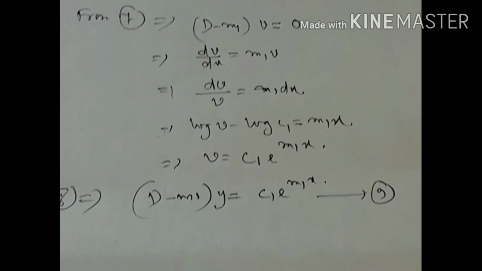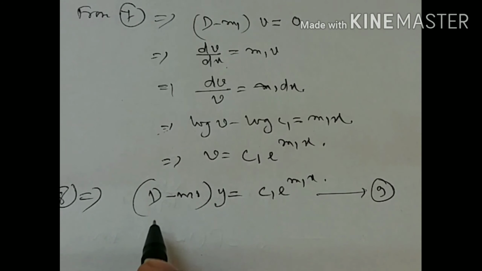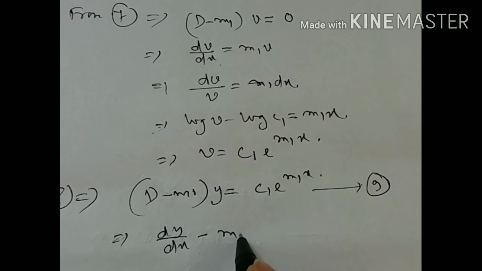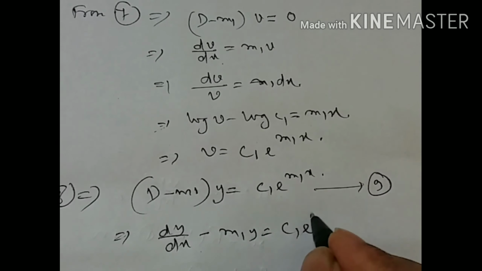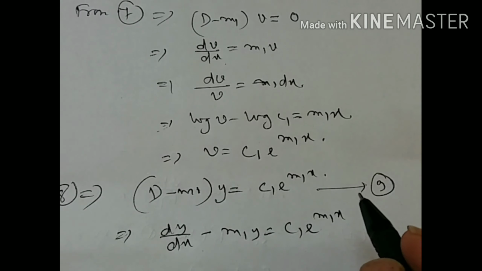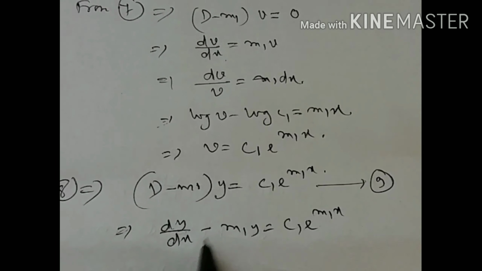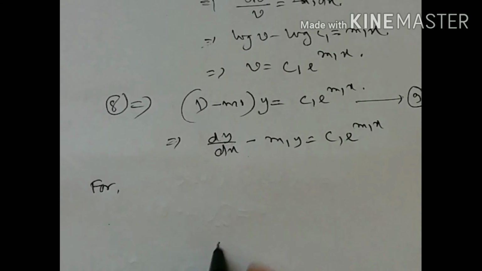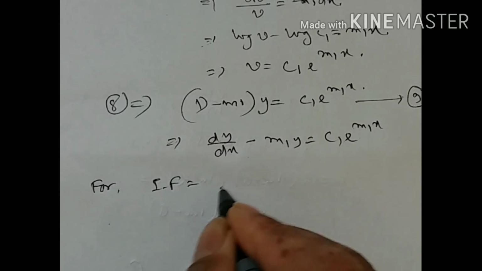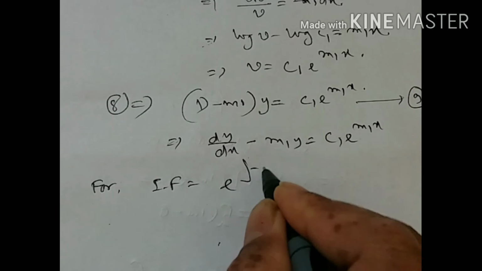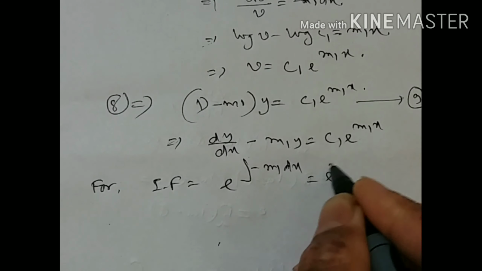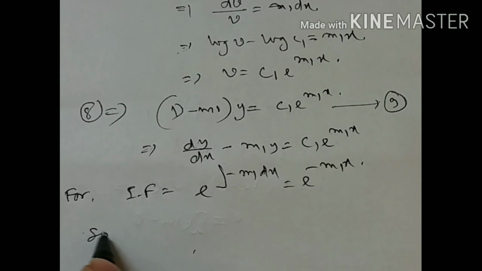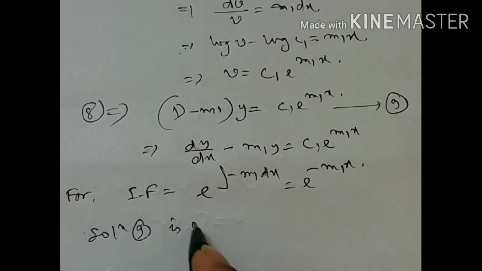Mark this 9. So you can see this is a linear equation, or we can write it like this: dy/dx minus m1 y equals c1 e to the power m1x. Both equations are the same, so this is linear in y. For this we have to find the integrating factor. What is the integrating factor? e to the power integral of minus m1 dx, ultimately e to the power minus m1x. And the solution of 9 is given by,